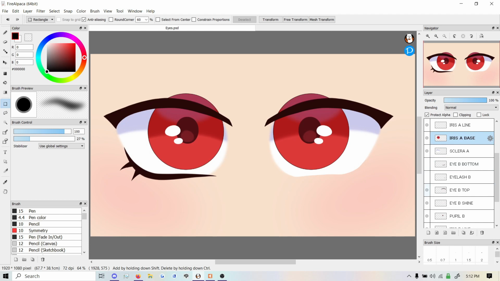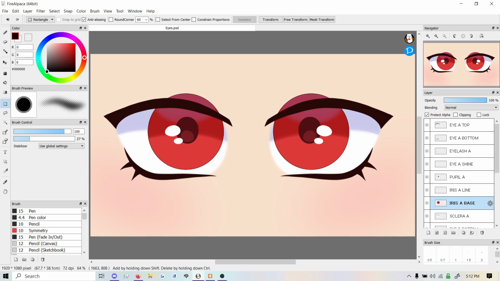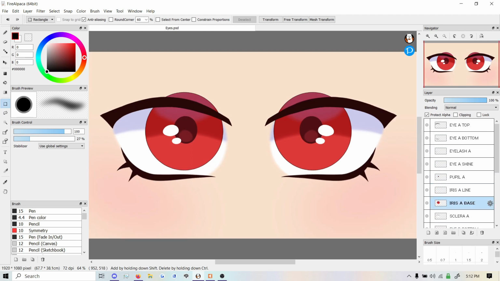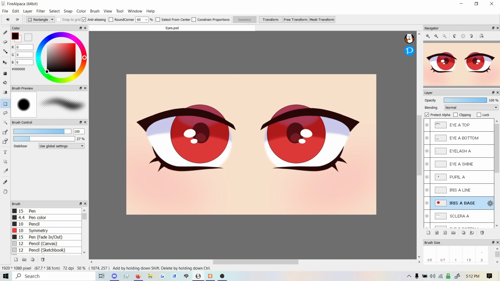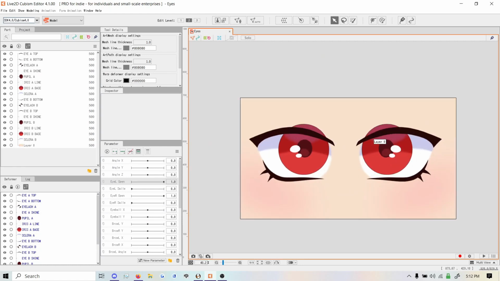Remember to separate them by which side they're on. Then also have the skin. This PSD is just the eyes. See, there's no rest of the model, but since we're just doing the eyes, that's all we need. Now, once you have your PSD all set up, just import it into a Live2D editor, and we're going to start